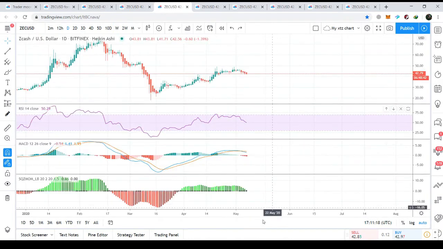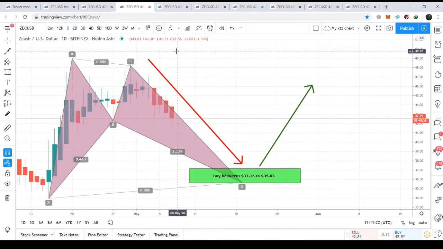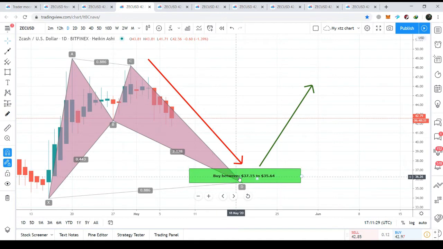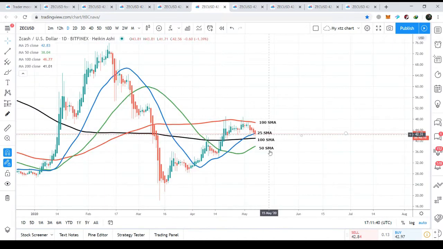So these indicators are in favor of bears, and we can expect that this bearish move will help the price line to complete this bad pattern, and then we can expect a potential pullback or potential bullish divergence from this potential reversal zone or buying zone. And if I'll take you to the moving averages chart, then we can see that the price line